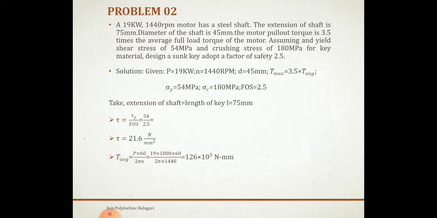Fine. Next, we'll calculate T average equal to P into 60 divided by 2 pi N. Now substitute the power: P is 19 kilowatt, that is 19 into 1000, into 60, divided by 2 pi into N. N is the speed in rpm, that is given as 1440. Once you evaluate this, you will get the value as 126 into 10 raised to 3 Newton mm. That is the T average, but we have to calculate T maximum. So T maximum will be equal to,